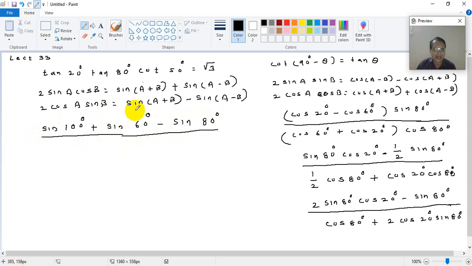Divided by, now here I have to use cos 80 degrees, that will be the same, cos of 80 degrees. But for the next term, 2 cos a sin b, we will use sin of a plus b, that is sin of 20 plus 80, so it will be sin of 100 degrees, and minus sin of a minus b, so minus sin of 20 minus 80, that is sin of -60